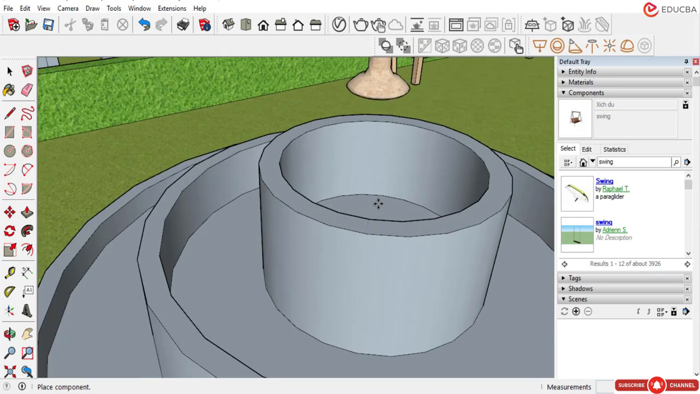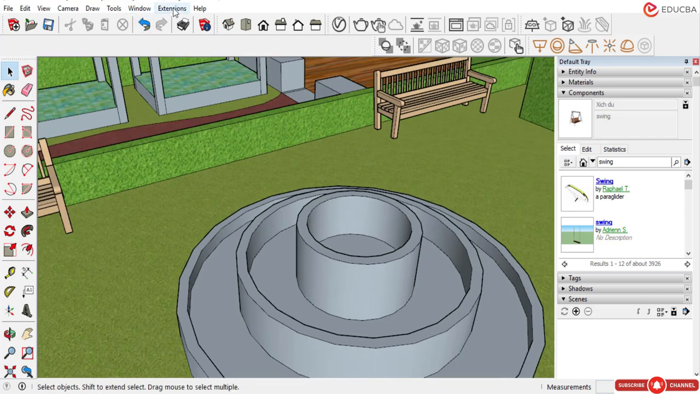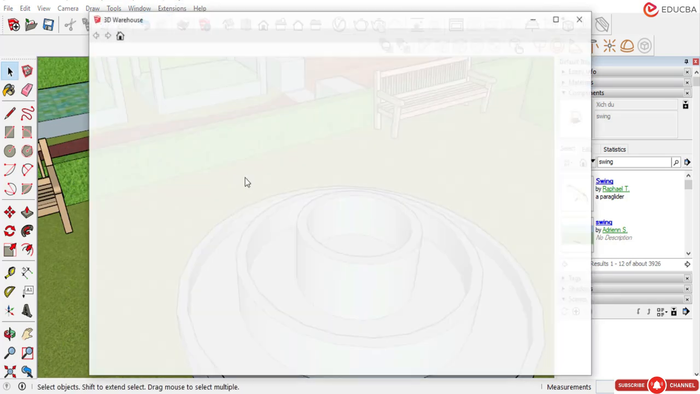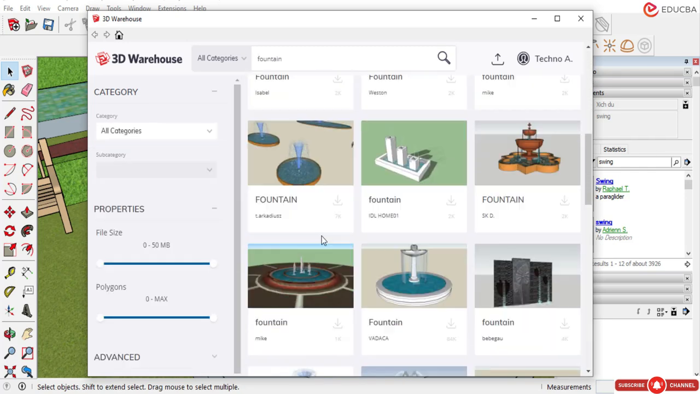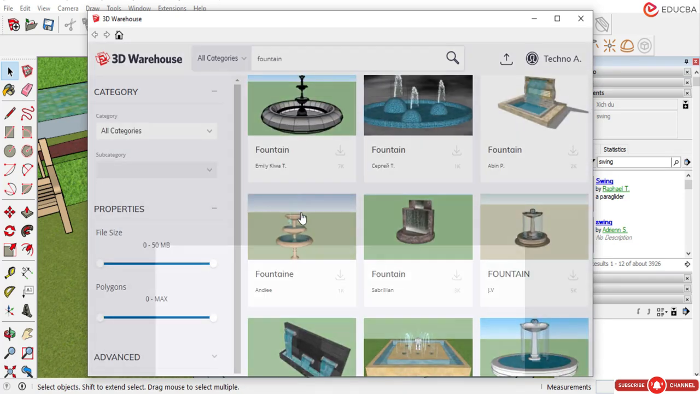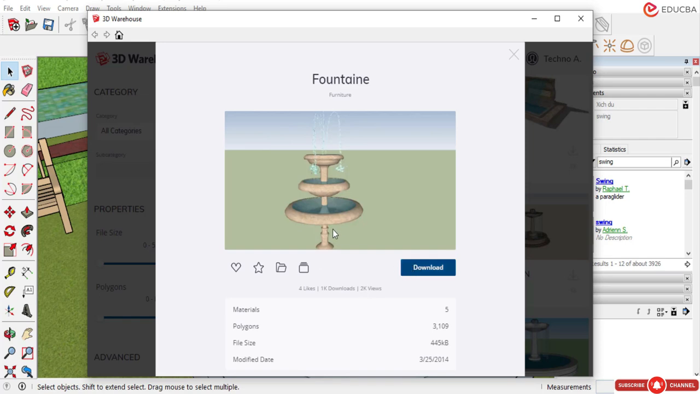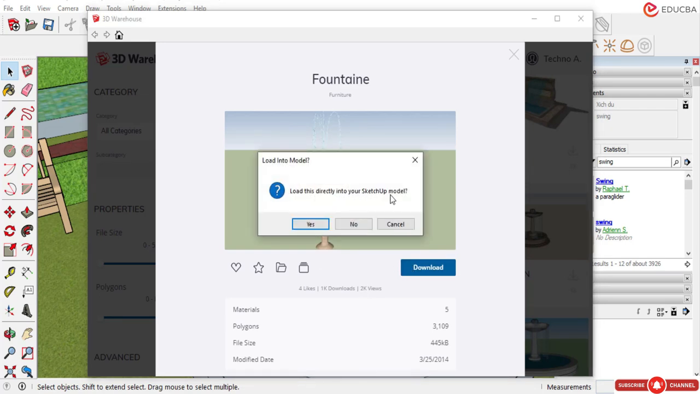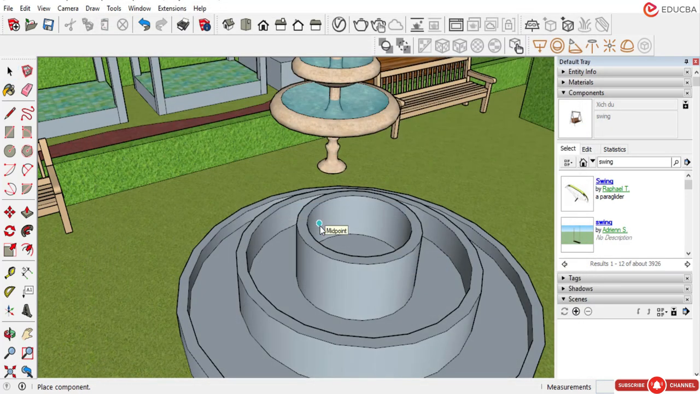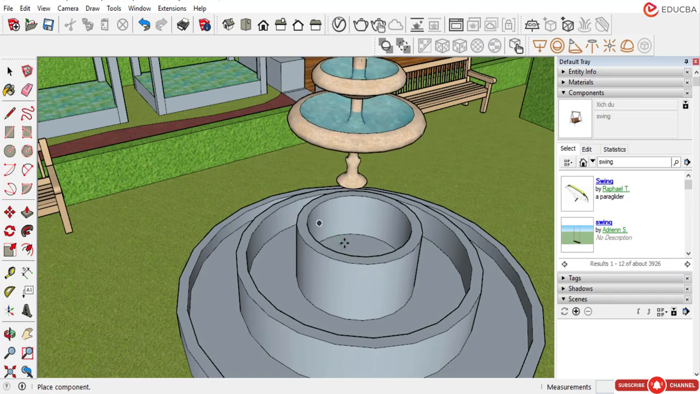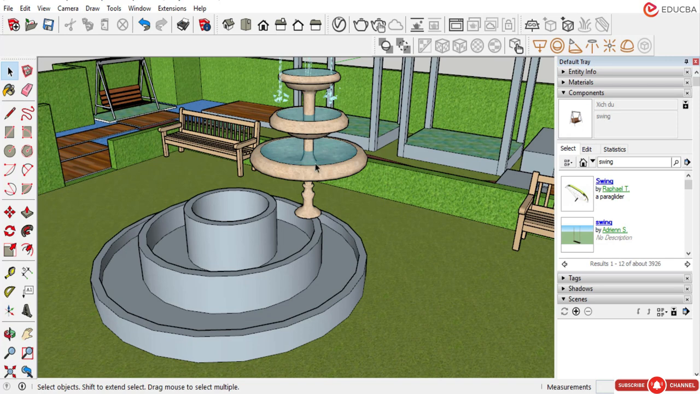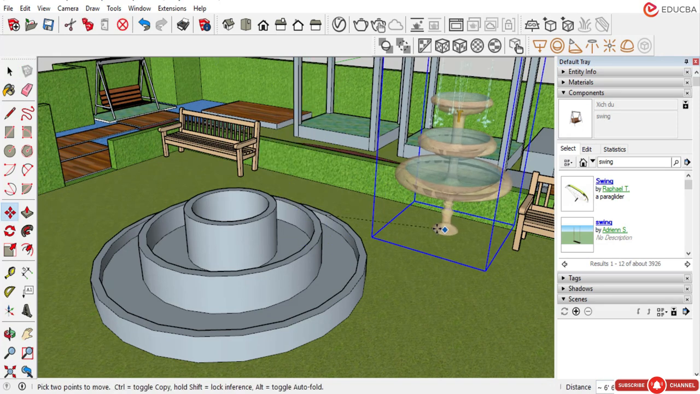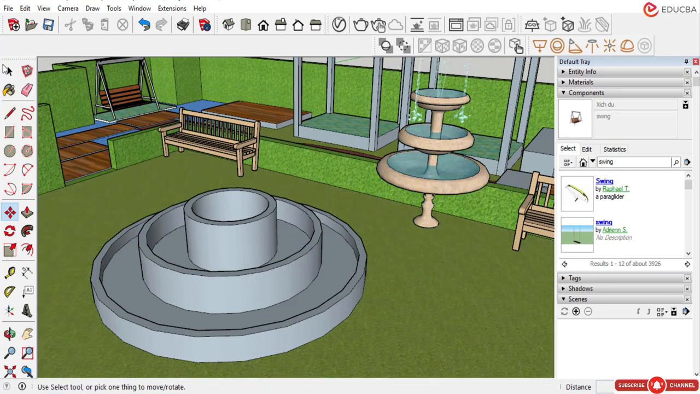Now insert the fountain. Again go to 3D Warehouse, then select that fountain, this one, download. Load this directly into your SketchUp model. Yes, and it will be directly loaded here. And now just move this for a while, keep it here, and